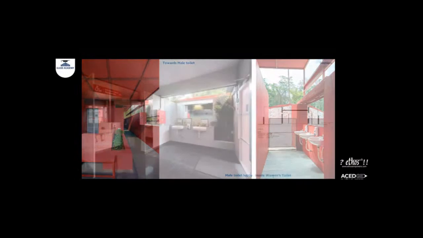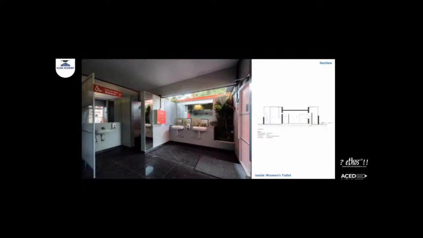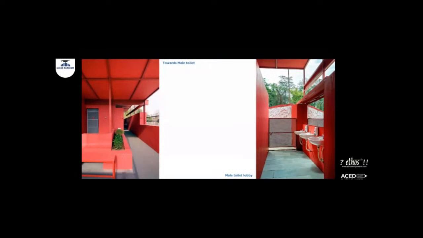Yeah. So this is inside the women's toilet, and then after that we take this corridor and go into the male toilet area, and there's the male toilet lobby, and there are some basins outside. We purposely kept the basins outside so people don't crowd the space inside the toilet. And again, some light studies inside the male toilet, just to understand the intensity of light.